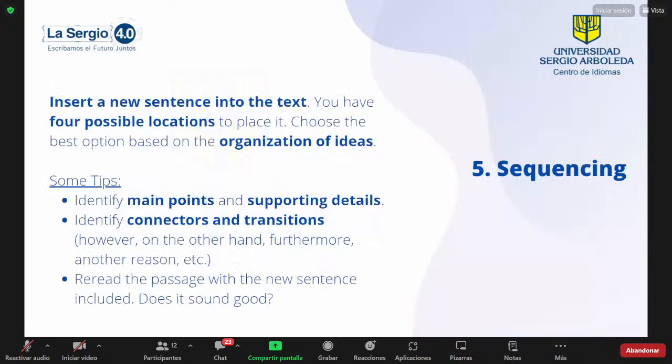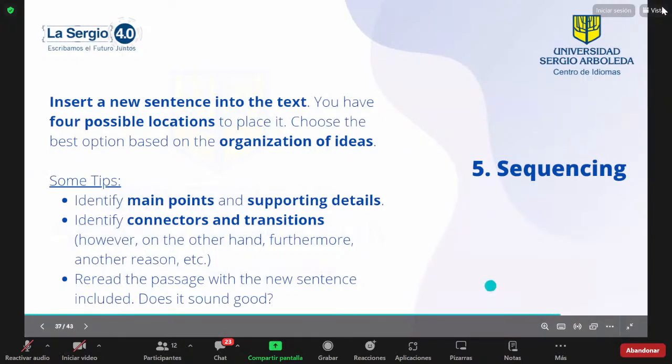Okay, now we're going to go to the fifth part that is the more difficult. I don't know if you remember, that is that you have to place the paragraph where it belongs. So it's very important to have strategies because it's not as easy. So please pay a lot of attention. And this part gives you more points because of course it is more difficult. Okay, so look.